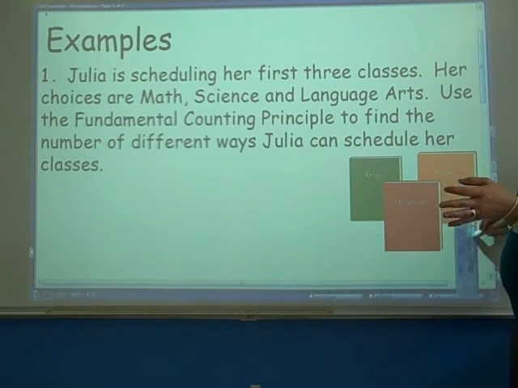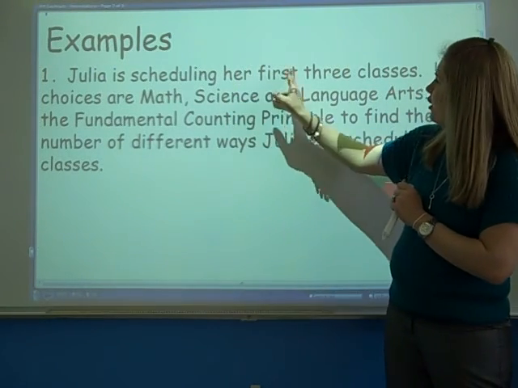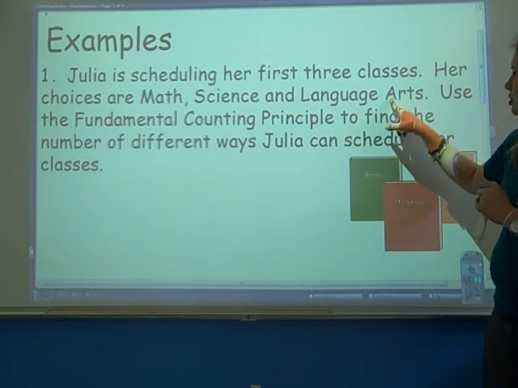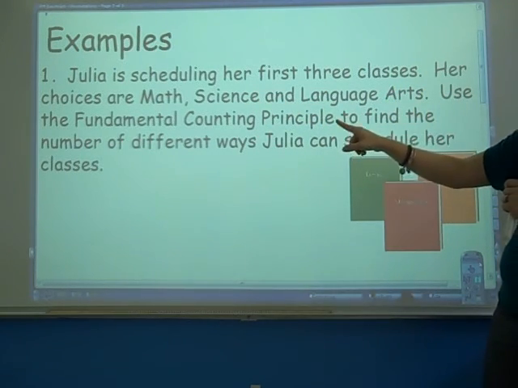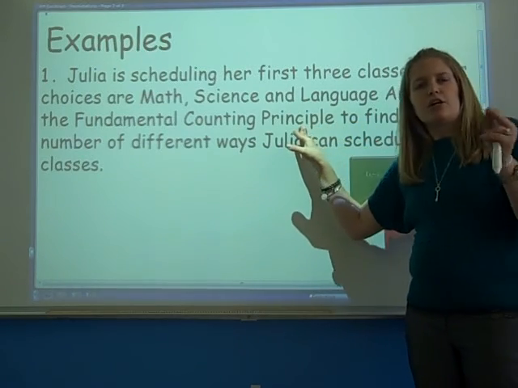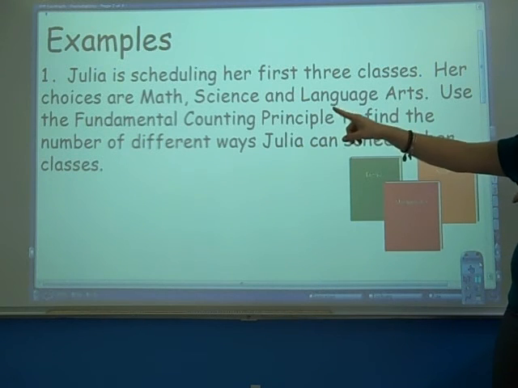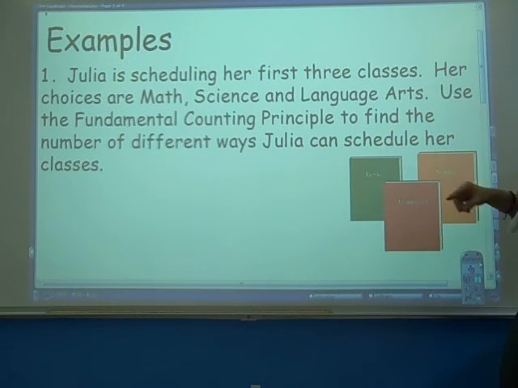First example, Julia is scheduling her first 3 classes. Her choices are math, science, and language arts. Use the fundamental counting principle, and this is what we learned in our last lesson where you multiply the events, to find the number of different ways Julia can schedule her classes. Now,